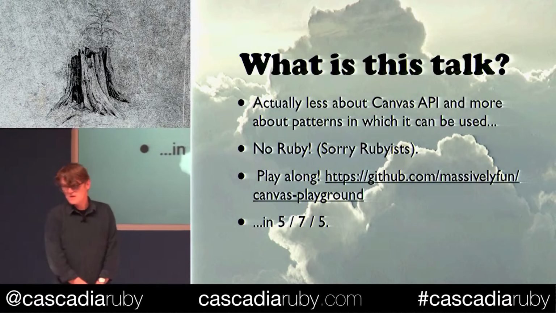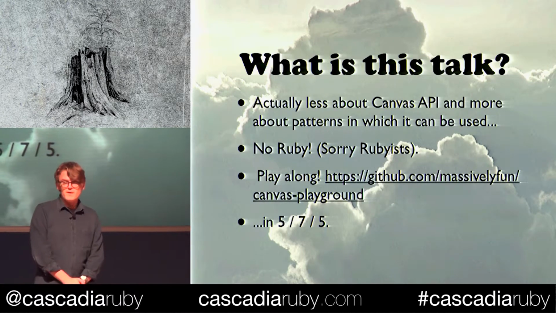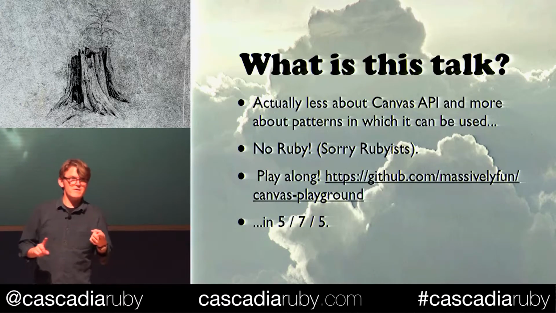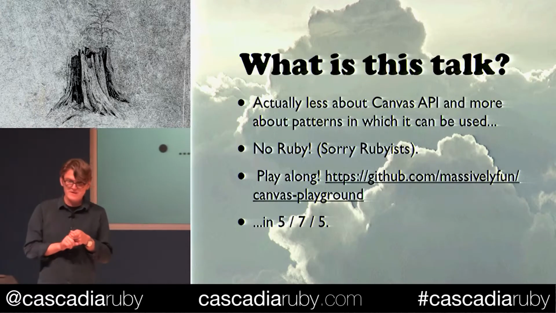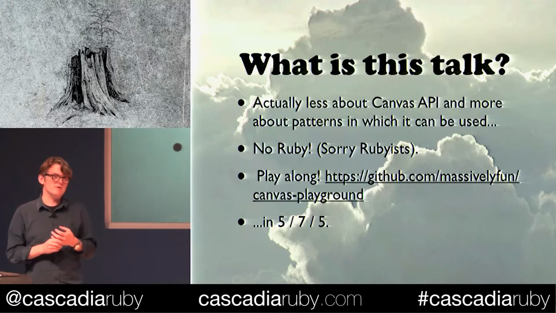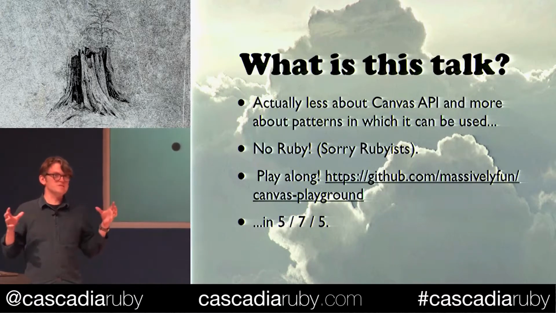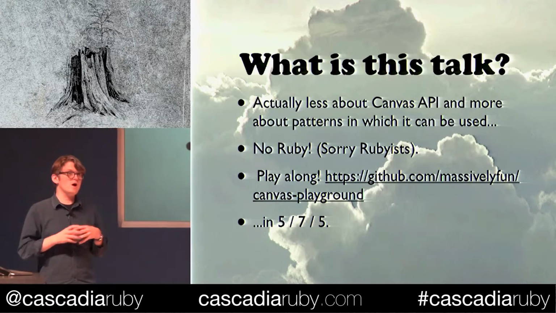So what is this talk? This talk is actually a little bit less about the Canvas API and more about the patterns in which it can be used. So I've actually lied to you twice. I said this is Canvas. I've said it's for Rubyists, and we're doing no Ruby and actually kind of very little of the API. But what you can do is play along. So I'm actually going to talk about patterns that we use as game developers, kind of a simplified version of these patterns that we use as game developers to put things on the screen and kind of interact with objects